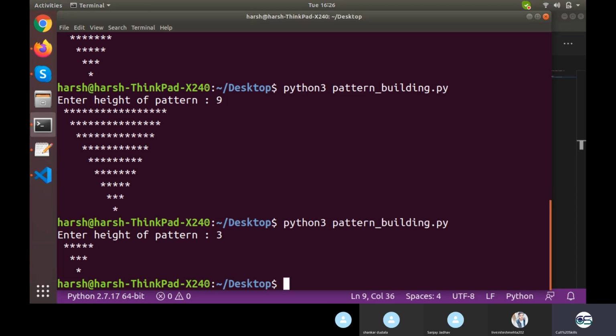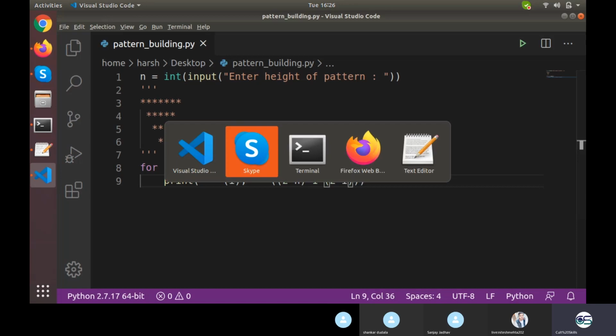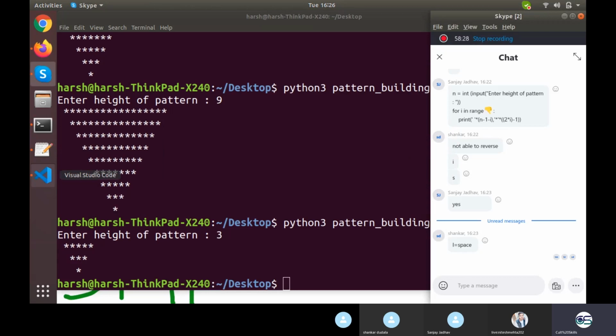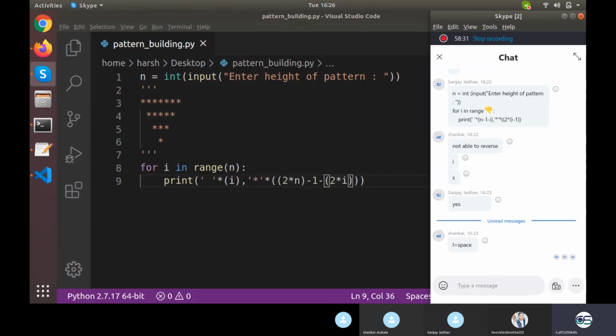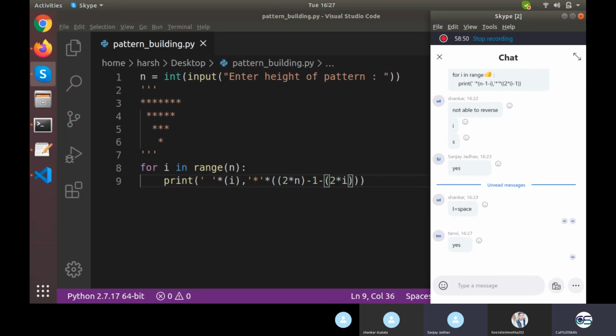Any doubt into this one? Anyone of you have any doubt? Just check the code I have written. Simple enough. If you had drawn this diagram, then you need not worry about all the other logic mentioned here. Just need to stick to the diagram only. Okay, should we move on to the next one? Is it clear to all of you? Okay, so let's move on to the next part.